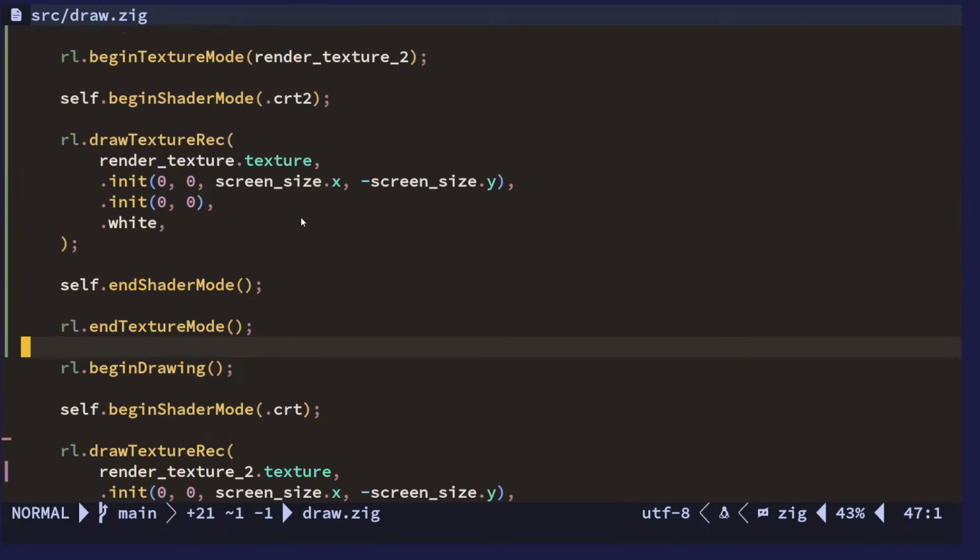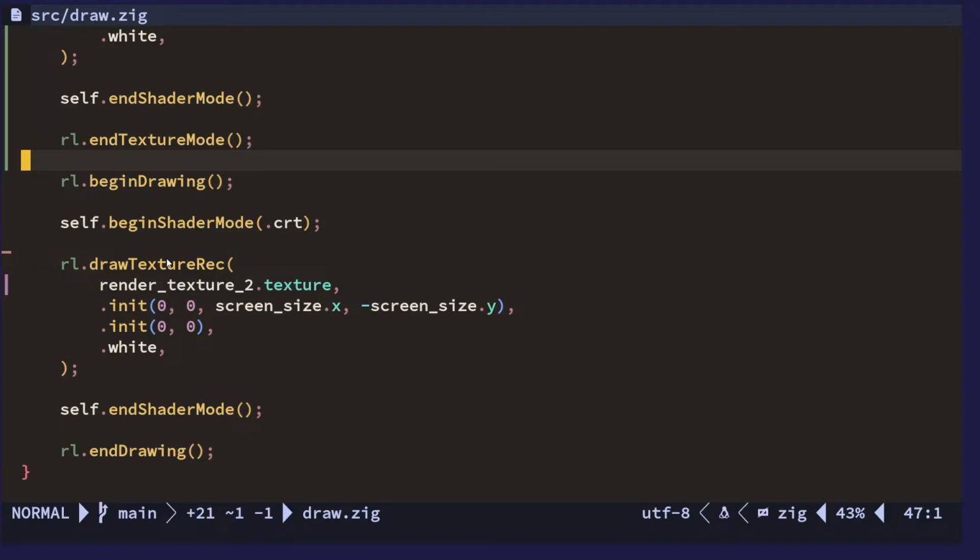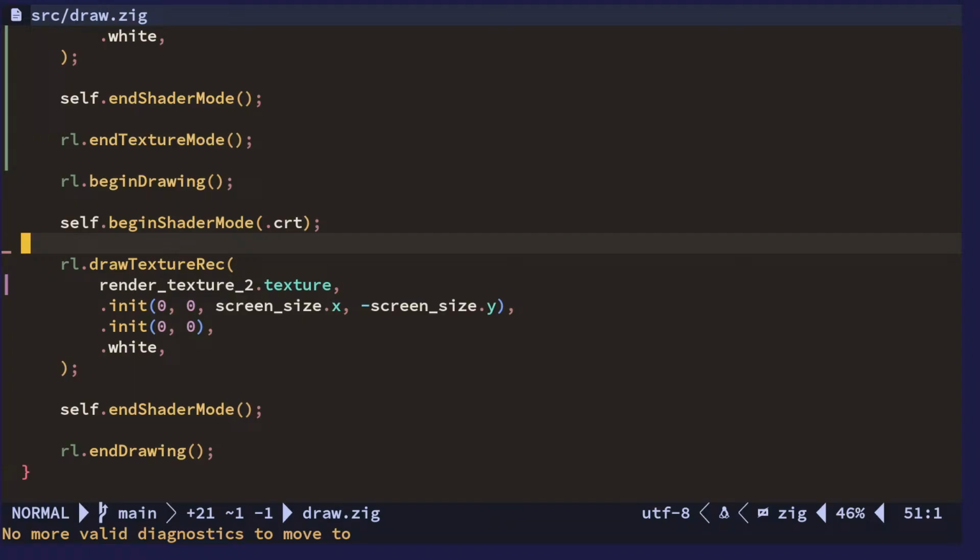I just realized you only need 2 render textures, because you can just flip between them now, because the old one is essentially just discarded. So we don't need more than 2. If we want to keep doing this, we don't need 1 render texture per shader. We just need 2 render textures. Okay, and then we actually draw to the screen, we draw render texture 2, and here we apply the second shader. So this is how you can have several full screen shaders